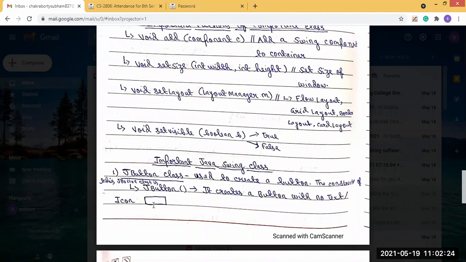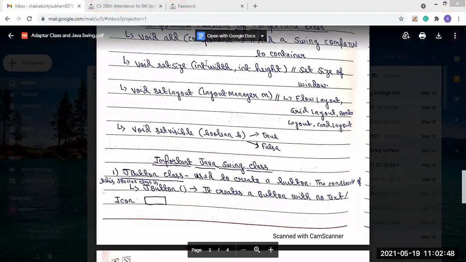We already know that the name of the constructor and the class name are the same. So this JButton constructor will create the button with no text and icon. Only the button will be created, like this. So the JButton class will create a button.